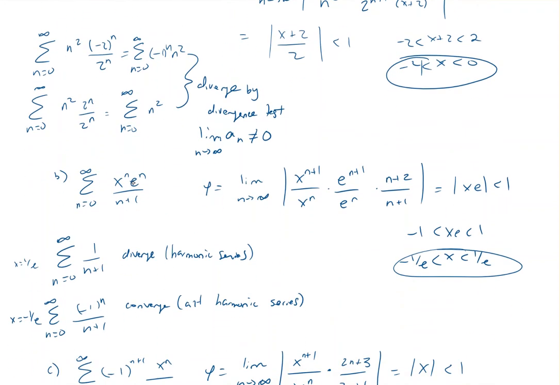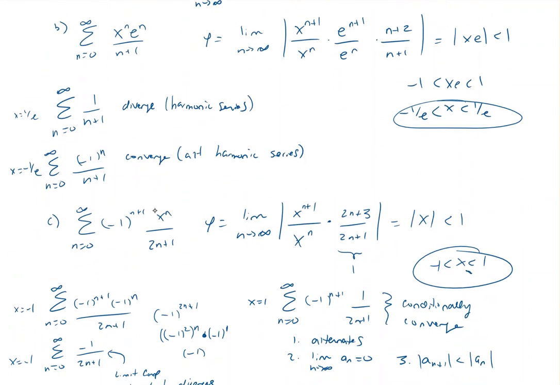Here, when you had the endpoints, you're always going to have 1 or negative 1, right? And here, when you have 1 and negative 1 over n plus 1, you get to that harmonic series. And that harmonic series is the one where if it's alternating, we have conditional convergence. If it's not alternating, we have divergence. So when it's like 1 over n, it has to be alternating in order for it to converge. Here we had something on the order of 1 over n, and it too